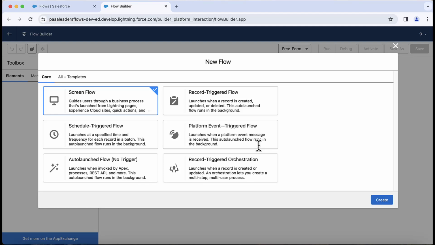So we have these options, and based on your business requirement, you have to decide whether to go with the screen flow, record triggered flow, schedule flow, platform event flow, or auto launched flow. So I will be talking about screen flow. You can look at the description available over here, which will give a brief idea on which flow to be